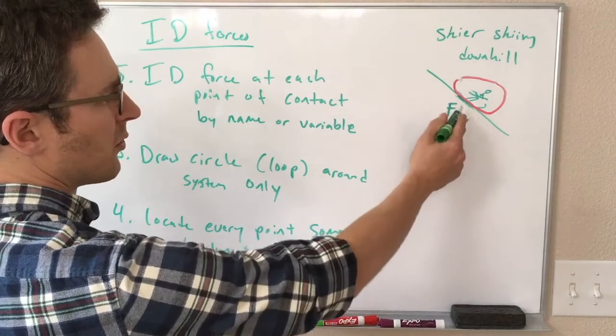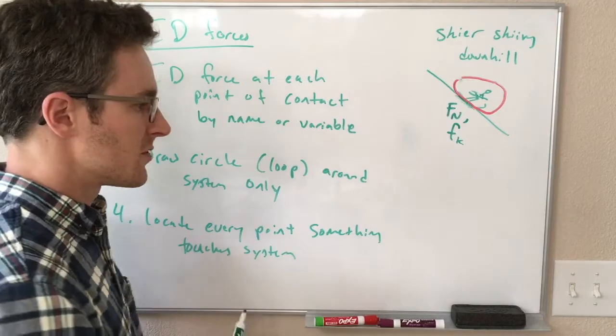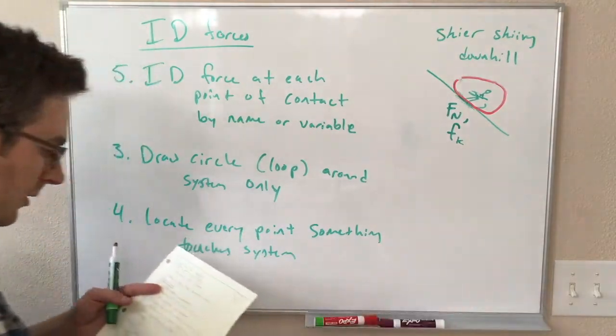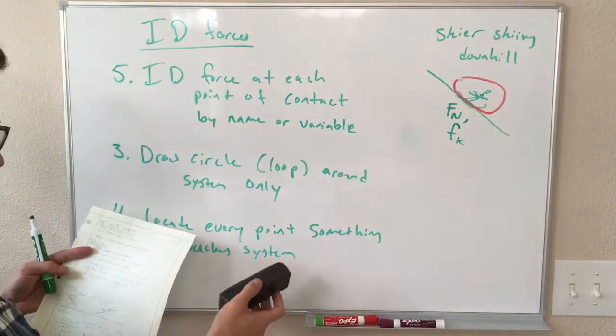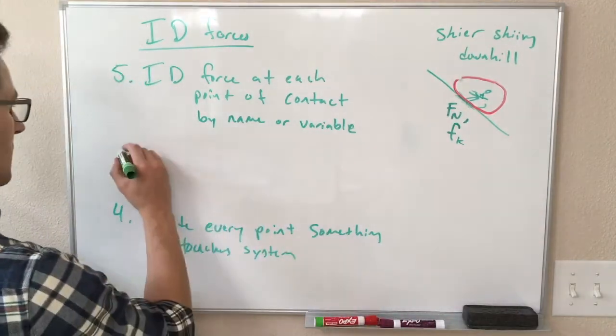So we have named both of the forces, and these are at the same point. These are both where the skier is touching the surface. That's okay, we can have more than one force at a point, especially at surfaces. Okay, step 6 is to